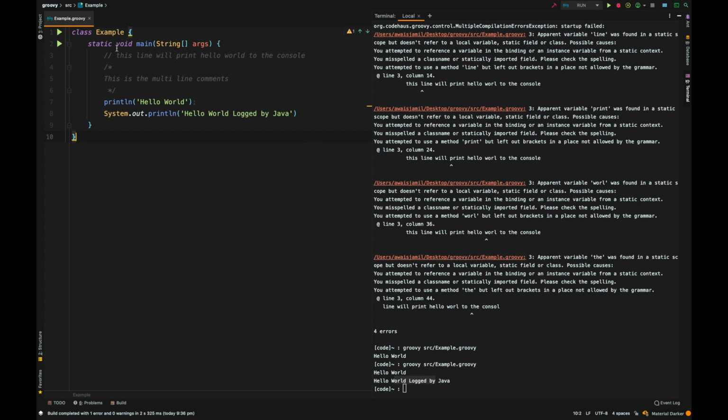Now if we were writing Java, and you had missed this semicolon here, so this is the one I'm talking about, semicolon, then Java won't run, because in Java you need to be very careful defining your semicolons. But in Groovy, it's optional. So whether you define a semicolon or not is up to you. Well, I would prefer having a proper structure. So if you're not using semicolons, don't use them throughout the code. If you're using semicolons, use them throughout the code. So keep the consistency in your code.